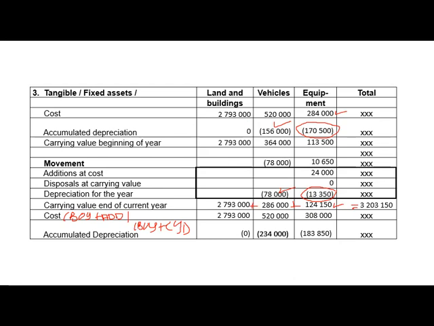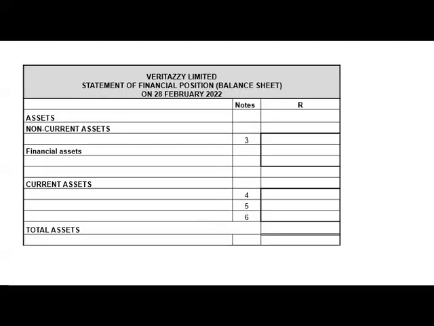So that will be your tangible fixed assets, non-current assets. And when we write it here, it'll be 3,203,150. Then under non-current assets, we've got tangible assets, we also have financial assets, but with your financial assets, we'll